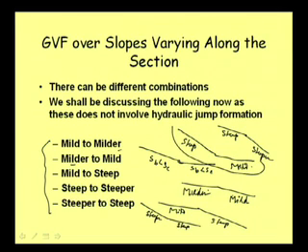The reason is that here in this part the slope is steep, means water will be coming as supercritical flow, and then here it is mild, means flow will become subcritical. So, when the flow changes from supercritical to subcritical, then the phenomenon that takes place is called hydraulic jump, and we are yet to discuss hydraulic jump. So, once we cover the hydraulic jump chapter, then only we will be able to appreciate this